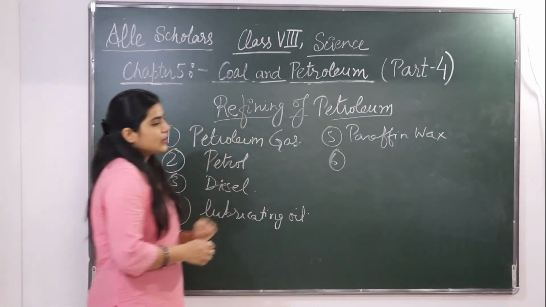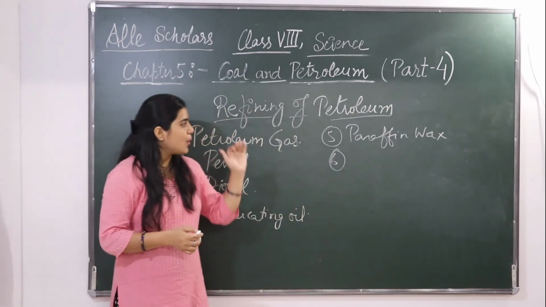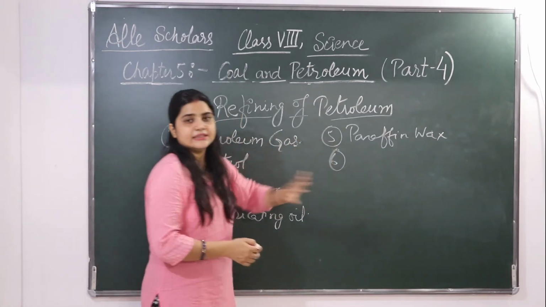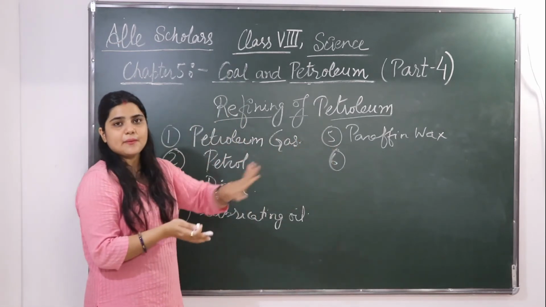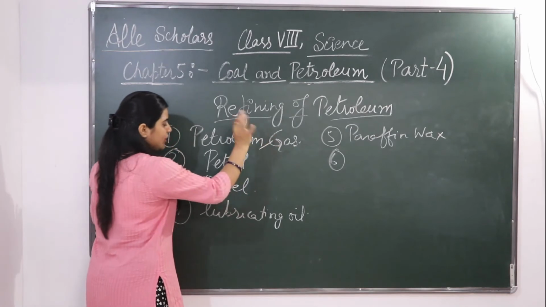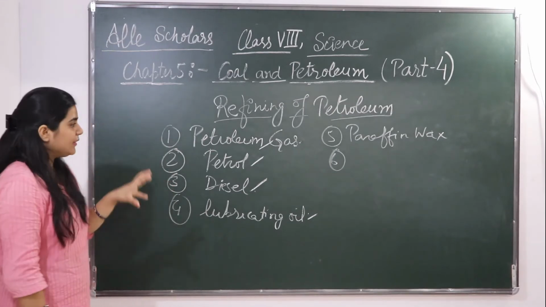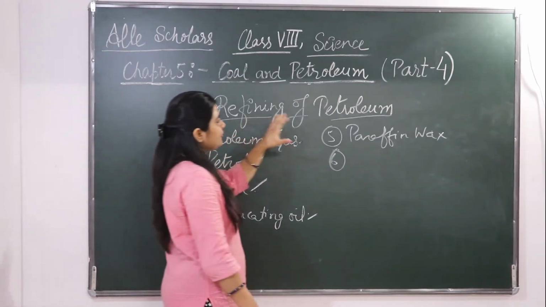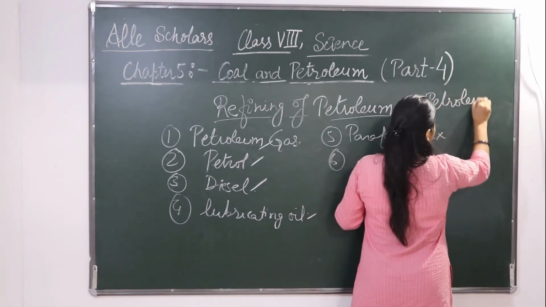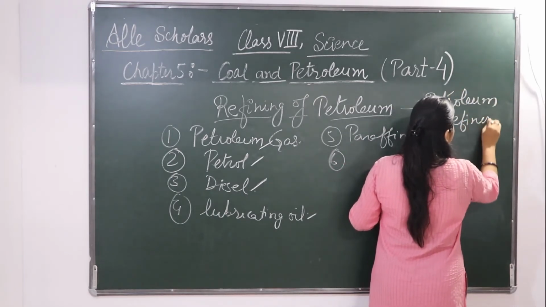Okay. Now it comes, what is refining? So the process of separation of various constituents, fractions of petroleum is known as refining. ये जो various constituents हैं जिनसे पेट्रोलियम बना होता है, इन सबके separation को हम क्या बोलते हैं? रिफाइनिंग. रिफाइनिंग में हम क्या करते हैं? सबको अलग अलग सेपरेट करेंगे. पेट्रोलियम गैस को अलग, पेट्रोल को अलग, डीजल को अलग. Okay, at different temperatures they are being separated, and this refining is being carried out in a petroleum refinery. Okay, petroleum refinery में इसको हम लोग carry out करते हैं.